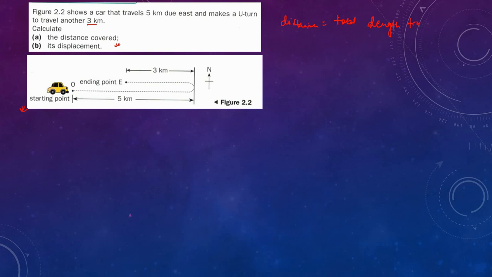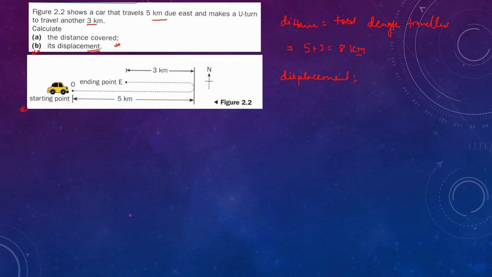So how much has it traveled here? If you look at this picture, they are just saying it is 5 meters due east and 3 meters, so it's just 5 plus 3 is equal to 8 meters. Now let's talk about the second part, which is the displacement. As I told you, displacement is very well defined with magnitude and direction. So here